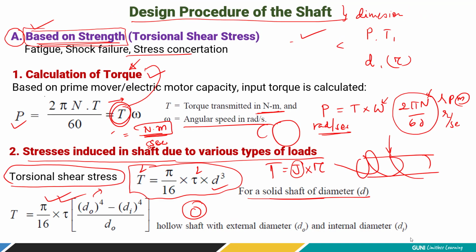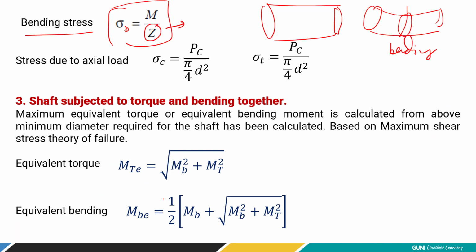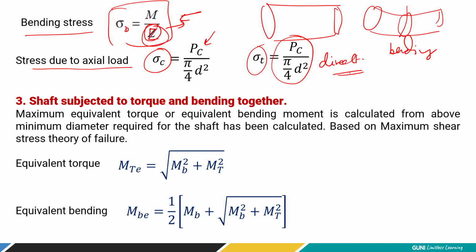So the second step is to find the torsional shear stress by using this equation. If the shaft is solid, you have to use one equation, and if it is hollow, you have to use the other, right? But also many a time the shaft is carrying the bending load. In that case, you have to use this equation to find out the dimension of the shaft from Z, right? Z is what? Section modulus Z, right? Now here, stress due to axial load is compressive stress, load divided by area pi by 4 d square. If it is a tensile load, this is the equation. These are the direct stress equations. But mostly the shaft is subjected to torsional shear stress.